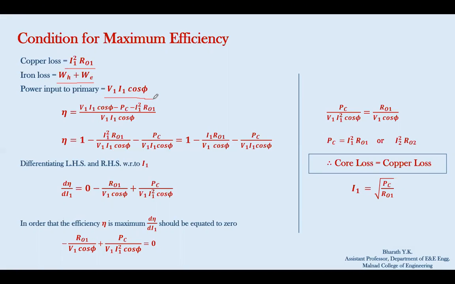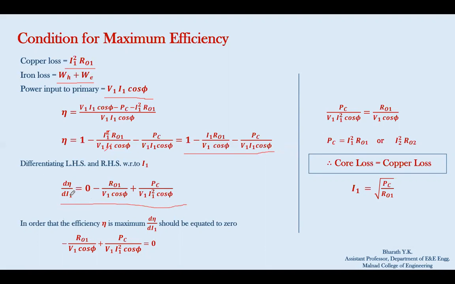Now the efficiency equation for the transformer is given by input minus core loss minus copper loss divided by input. Now separating the fractions, we will get 1 minus copper loss divided by input minus core loss divided by input. Here in this equation, I1 square in the numerator and I1 in the denominator can be cancelled. So we will arrive at an equation in this form. Now differentiating this equation with respect to I1, we will get